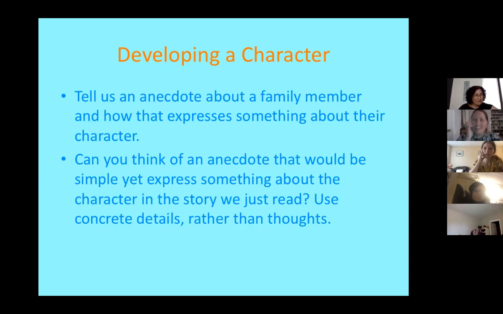I love that story. That's a great story. Yes. Okay. So that's the same. That's what I'm looking for. So these are the kind of things, you already have an entire novel. You have many entire novels of these kind of family anecdotes that express something about character that you can move away from your actual family members and adjust and put into a story. These things really tell us something.